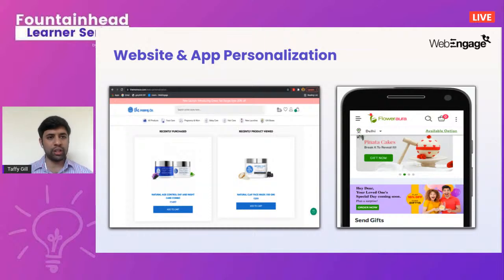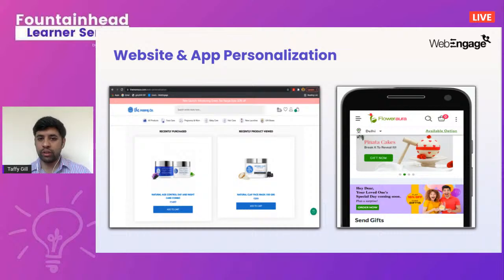Just some addition in this aspect: a lot of brands today would be passing information pertaining to user attributes and event attributes. So all of that can be used. You can create segments, and then you can showcase relevant product offerings based on that event data that is being passed. The screenshot on the right highlights an app personalization campaign that Flower Aura is running,